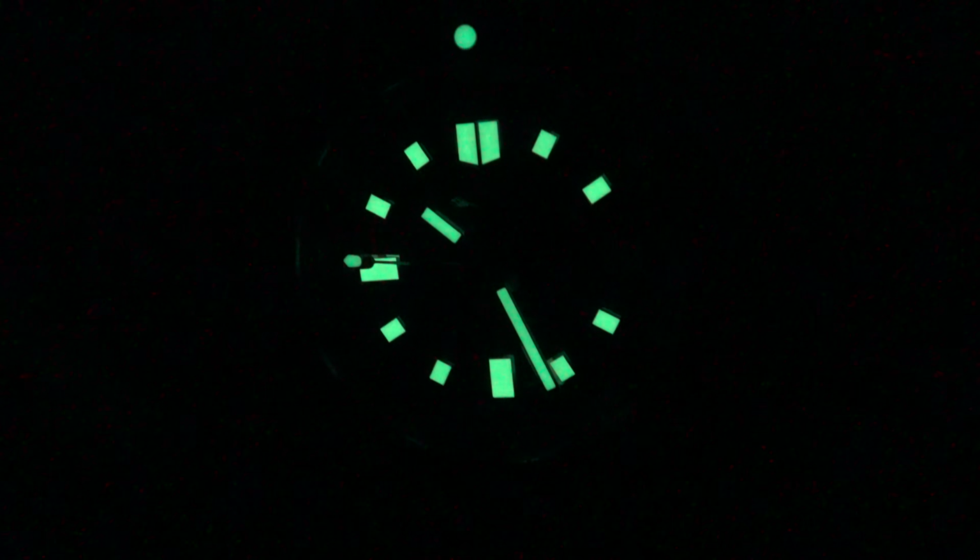On the baton hands we also have large plots of lume. It's glowing very brightly and it's continuing to glow for a good length of time. This really is incredible lume. To get this at only $159 in the low tier is exceptional, and Heimdallr deserve full credit for not cutting